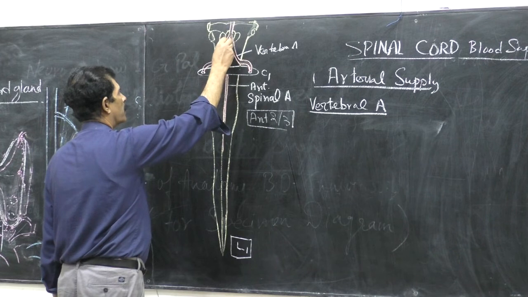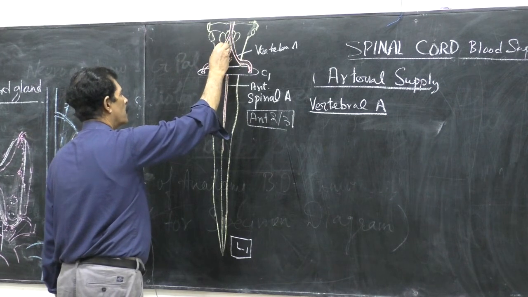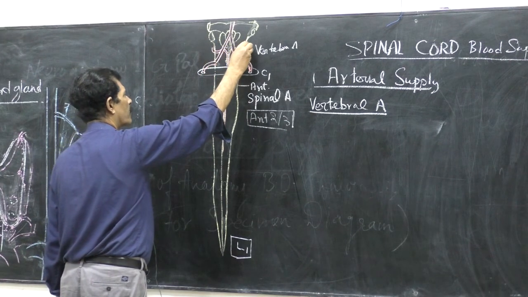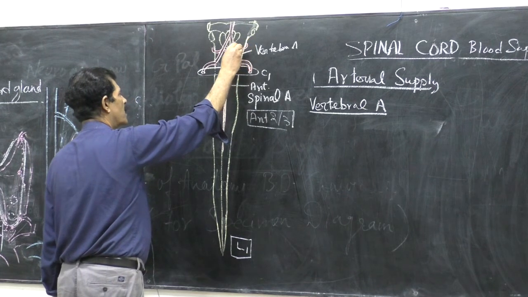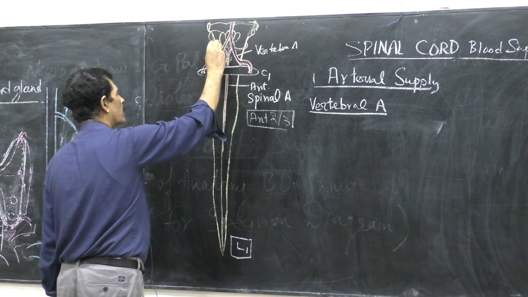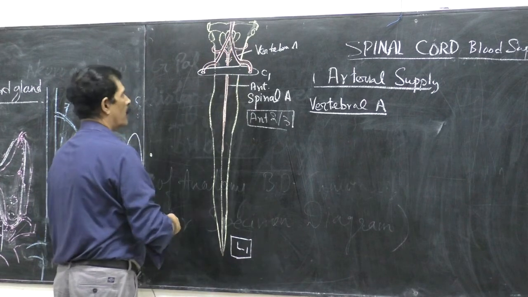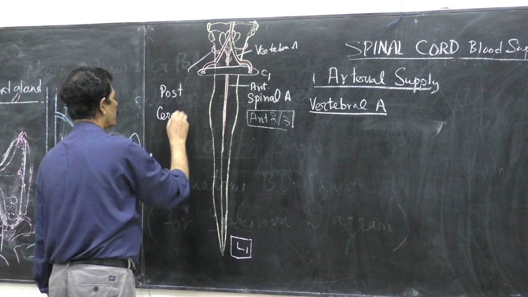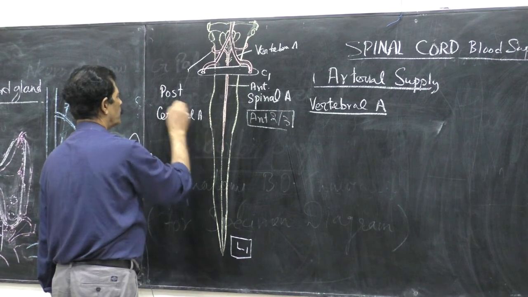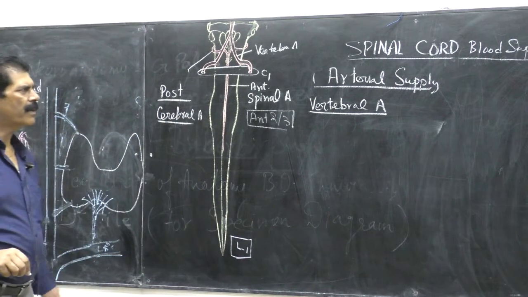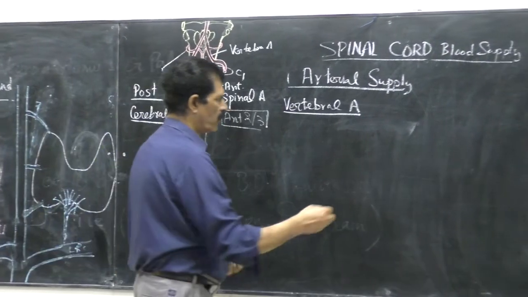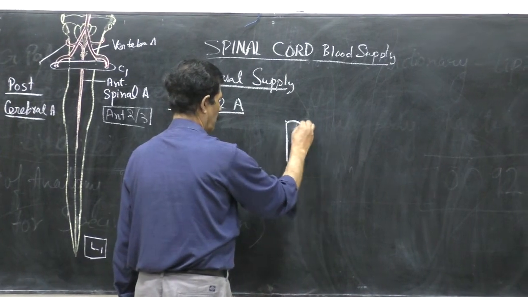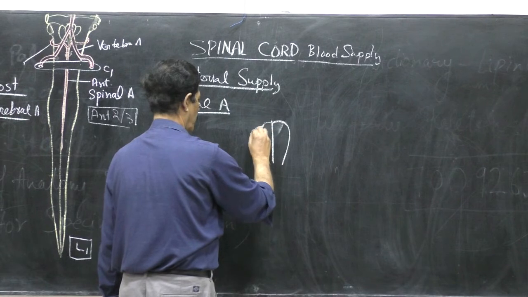Then the same vertebral artery gives two posterior spinal arteries which go posteriorly. So they are the posterior spinal arteries. So they are two. Both are the branches of the vertebral artery. And if we show by the transverse section of the spinal cord,